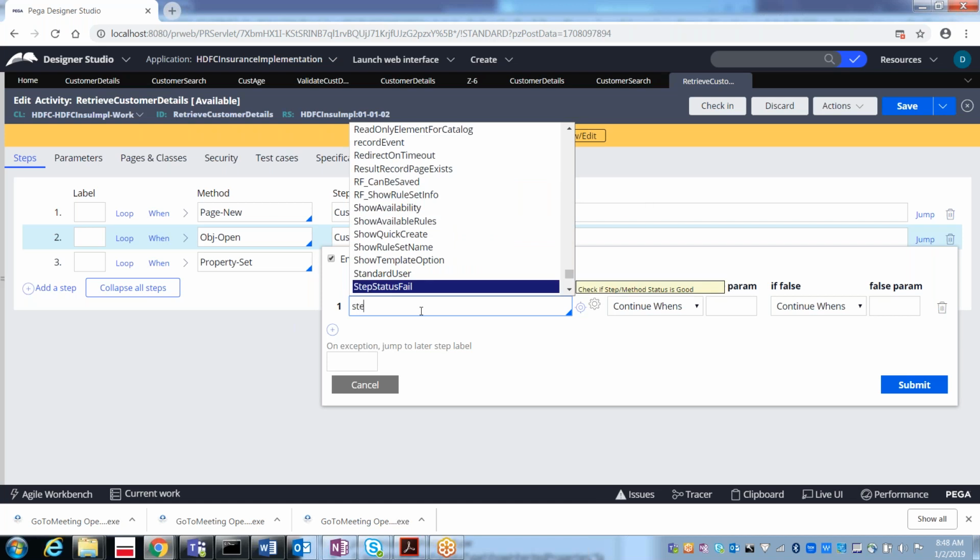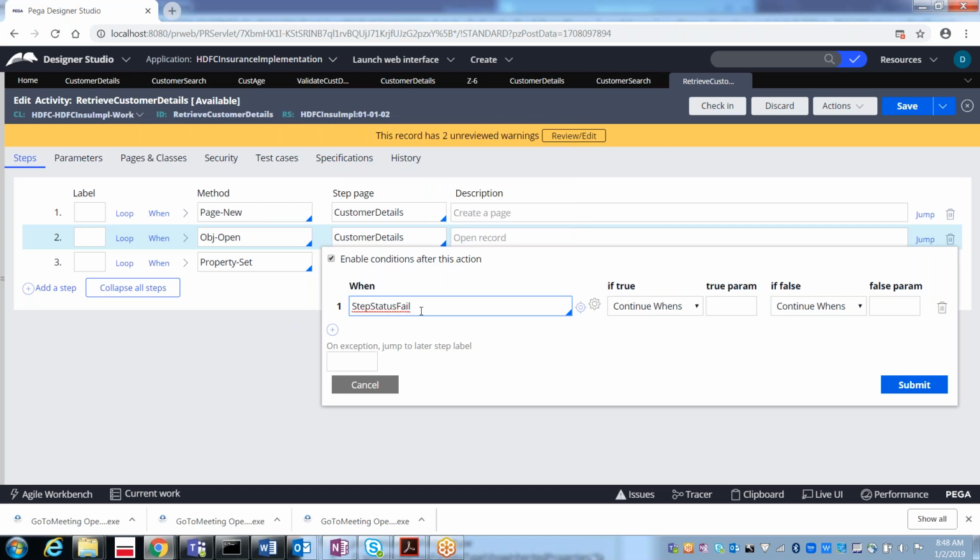Here we have a predefined when rule given by Pega, that is step status fail. This is the predefined when rule saying if the step status fails, then what do you want to do?